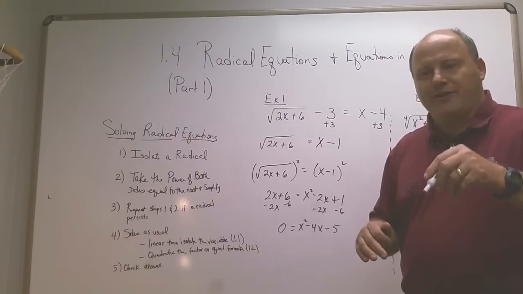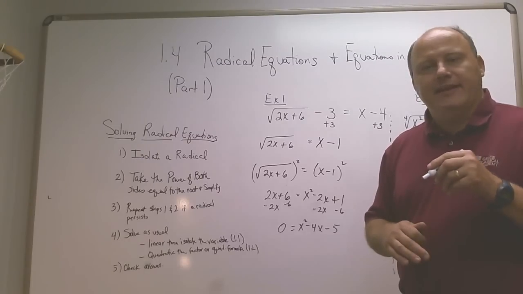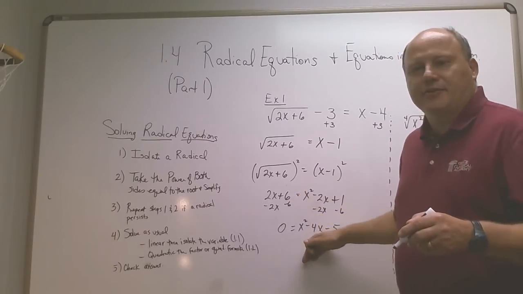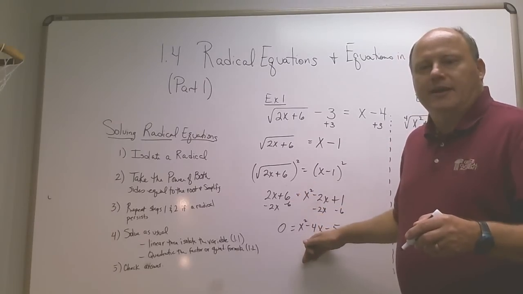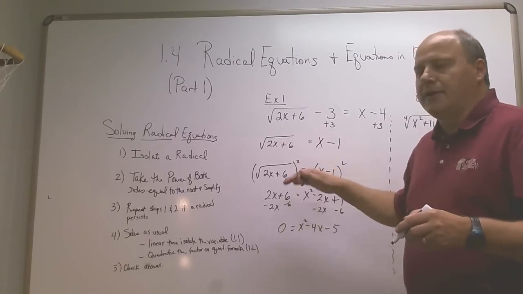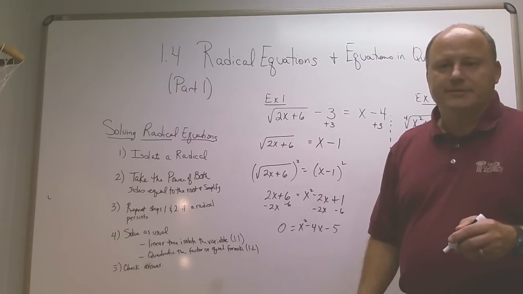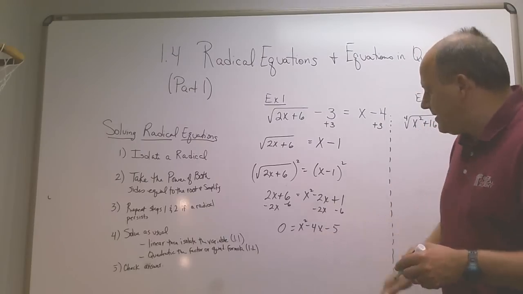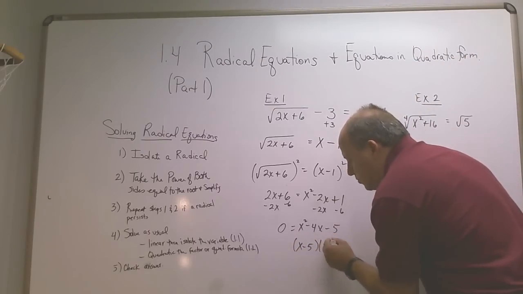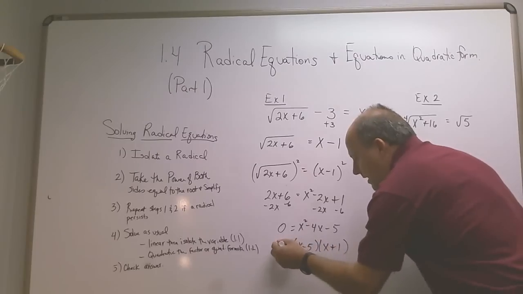But I wouldn't just jump right into the formula, because if you're pretty good at factoring and you jump into the quadratic formula, it might be because you made a number of mistakes somewhere above it. So anyway, we have x minus 5 times x plus 1. And so x